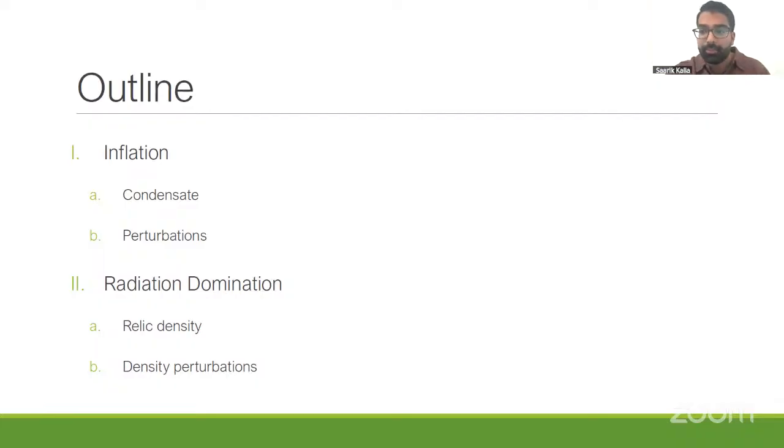Then in the third part of the talk, I will focus on what happens after inflation, so what happens during radiation domination. Now, the mechanism I just explained to you will leave the scalar field with some relic abundance. And we can track what happens to that relic abundance as radiation domination goes on. It'll leave you with some late time abundance, which can actually be the right amount for it to be dark matter.